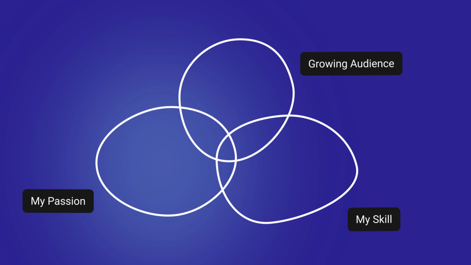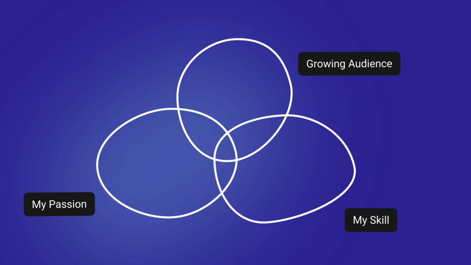Most likely it's not going to be right over your passion, right? Your passion is going to have some things that are just things that you want to do, but it's going to overlap with an audience that's growing on YouTube. Find that audience. And then the third circle is going to be your skills. Sometimes your passion isn't exactly what skills you have or have developed, but you're going to have skills that overlap with that passion. And those skills will overlap a little bit with your growing audience that you found. The point where those cross over, inside of there is going to be the target audience.